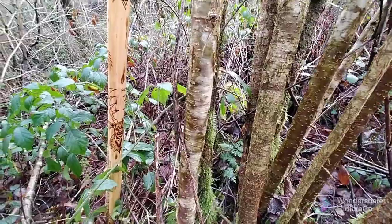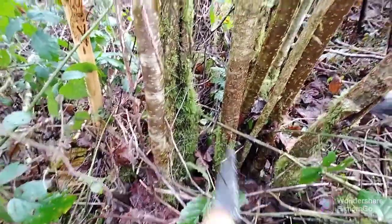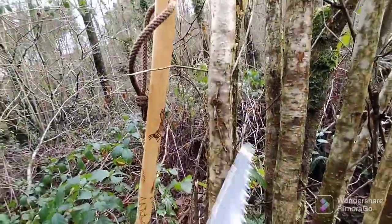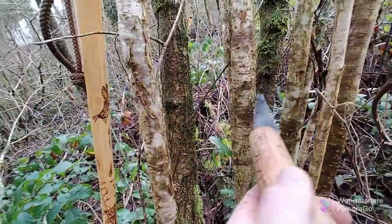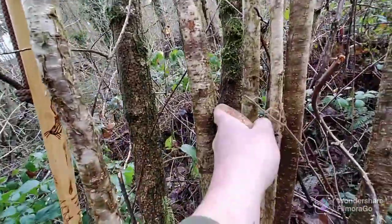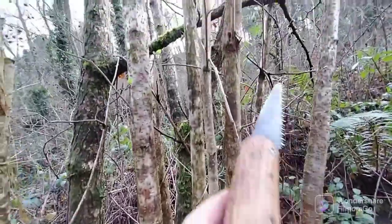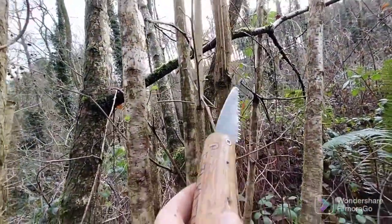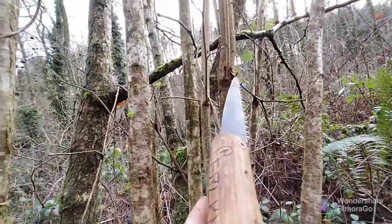Looking at this, shall we say, tree, and it's all coming from the same crown, this was obviously coppiced at one point. That's too large. That just goes too thin too quickly. That's just escaped. It's just gone to that point. It's not really hiking stickable. Same as that one, the one behind. These two here, this wouldn't be too bad. But as you can see, there is a dog leg there, and it's not worth me taking that, so that will escape me. And it probably won't be taken because as it grows,